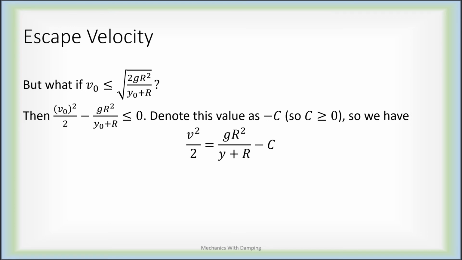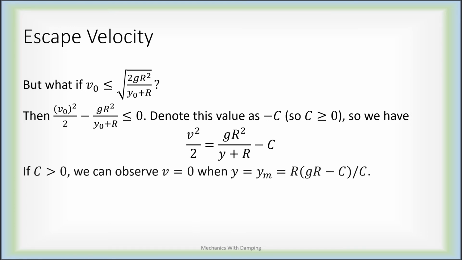Now c here is bigger than or equal to 0, so there are two possibilities. Maybe c is actually positive. Okay, now if c is positive, the velocity will actually be 0 if y takes a very specific value. If c is positive, then I can ask, when is the velocity 0? Set this equal to 0, move c to the other side, and solve for y, and you'll get this. So if c is positive, there is some value of y that will correspond to the velocity being